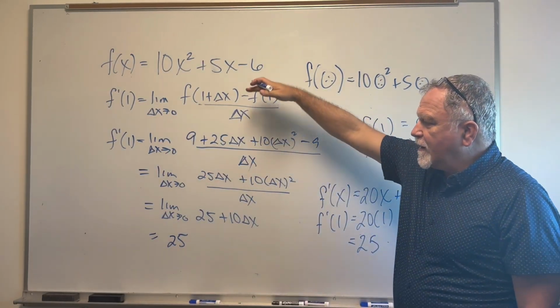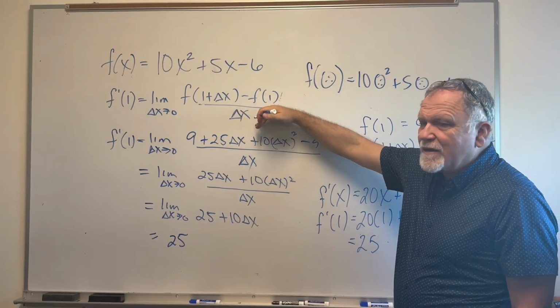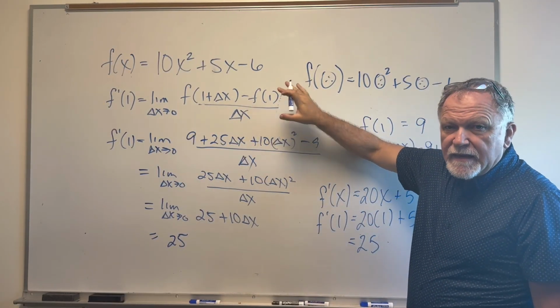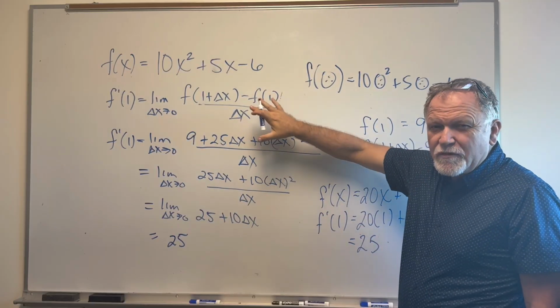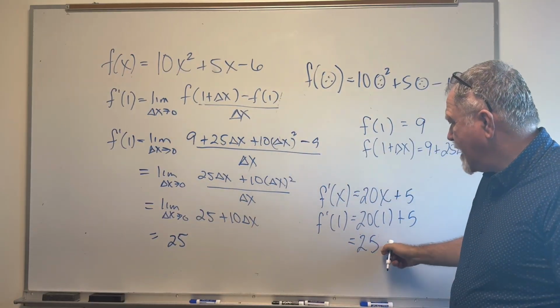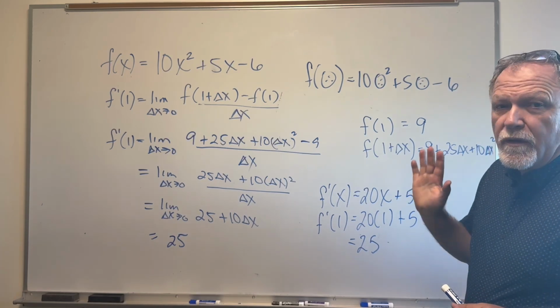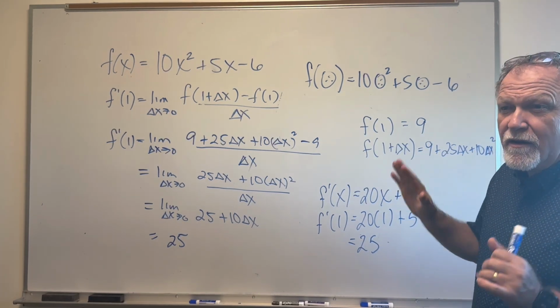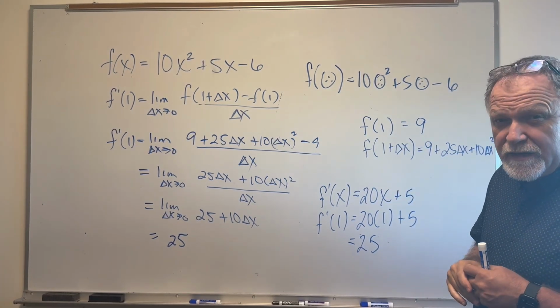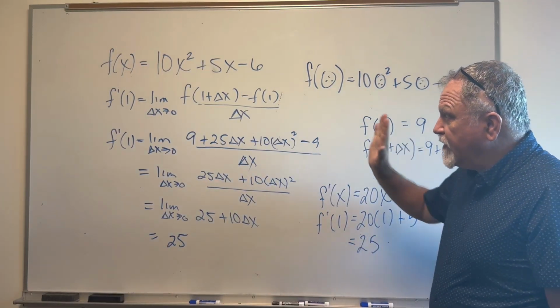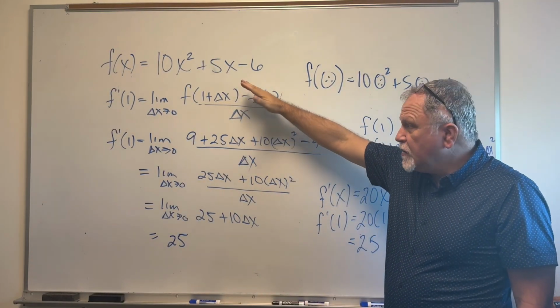This is the long and painful method, but it's critical we know this so that we know that we are looking at instantaneous rates of change, that we have a good conceptual understanding of what's happening here as we calculate those values. All right, so I wanted to do that practice there, showing you function notation, how to work with it, make sure you're working with it properly, and also an efficient way to find the derivative using the limit